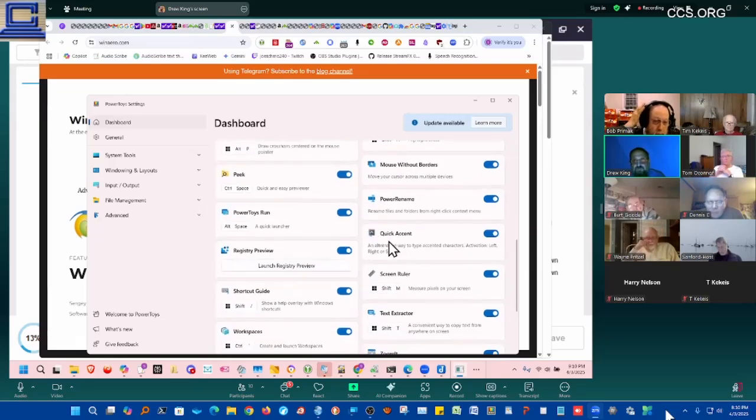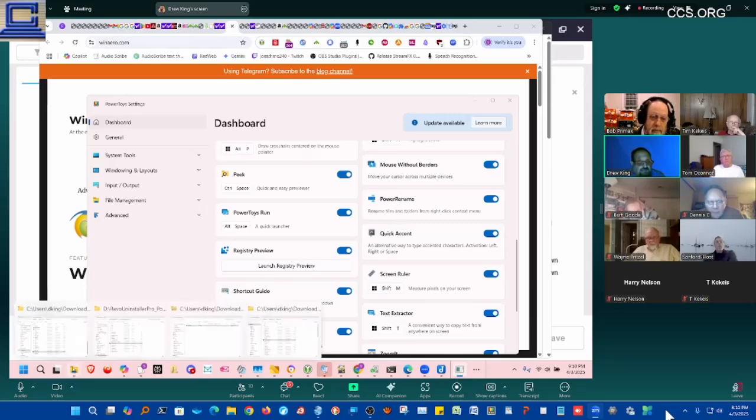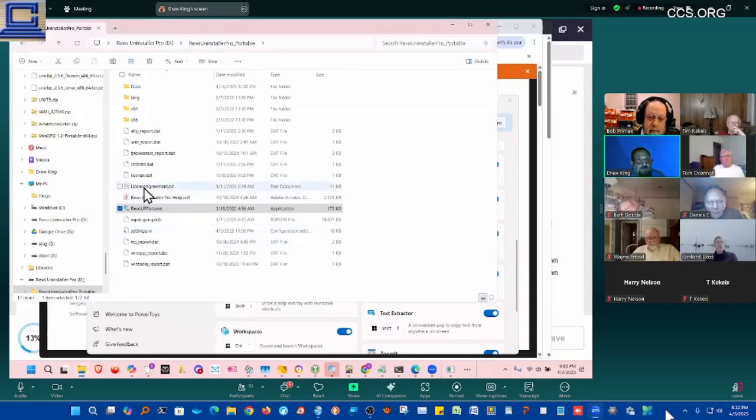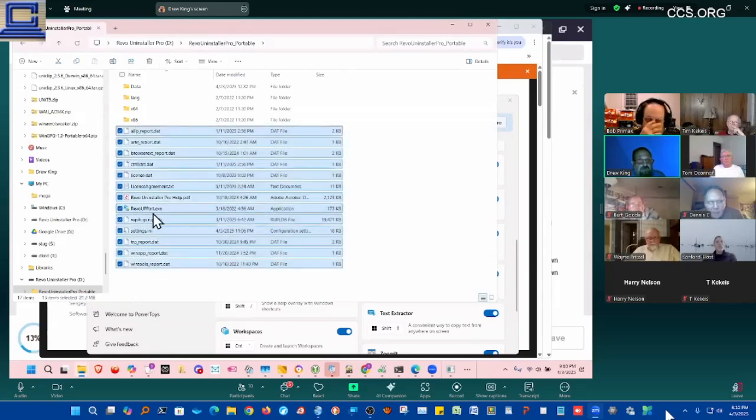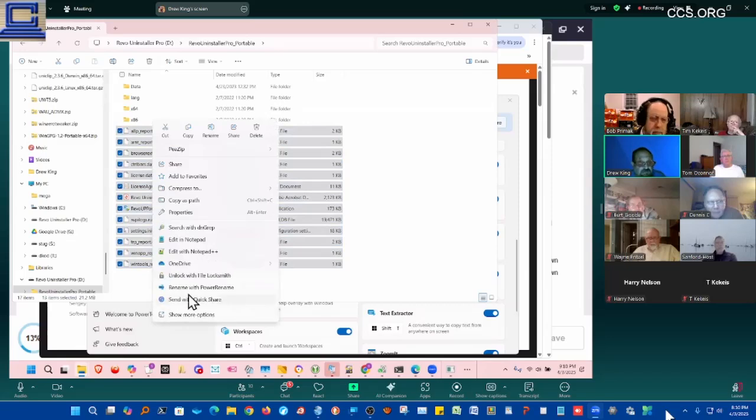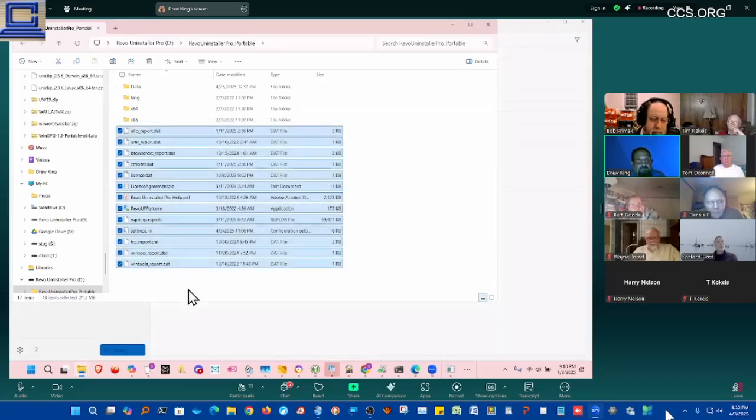Power Rename is a great program if you download to your computer a lot of pictures from your camera and you want to rename 100 files or 1,000 files to be a different name with a different pattern. Power Rename is a really great tool. And if you have a folder with a bunch of files in it, this is not the right layout, but if I right click here, I can do rename with Power Rename, and it will